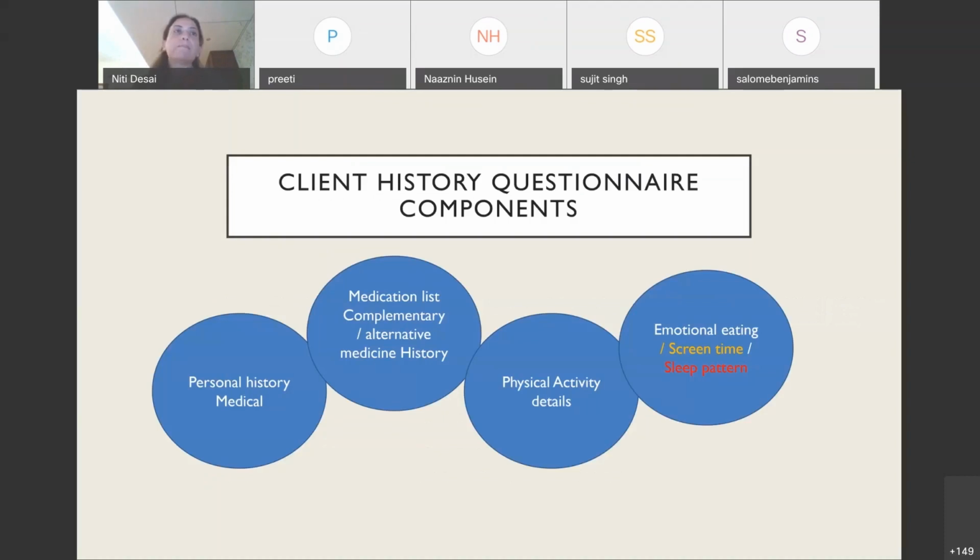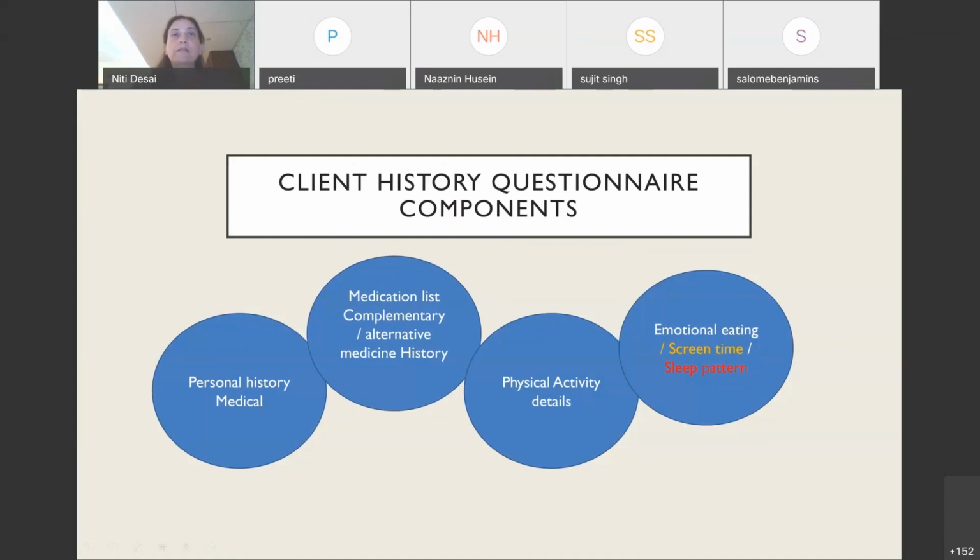Again, besides the personal medical history, we also need to look at the medication list, because there are very often drug nutrient interactions. For diabetics, if we realize that the person is not on a sulfonylurea or insulin therapy, and then he complains of having low sugar levels, or she's afraid of hypos and therefore in anticipation eating more, then if we have this knowledge, we would be able to tell them that you will never have episodes of hypo, so you don't need to worry and you don't need to eat in anticipation.